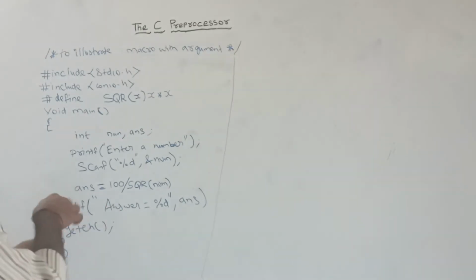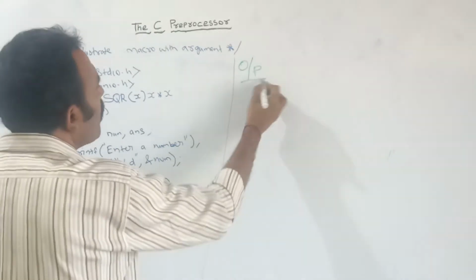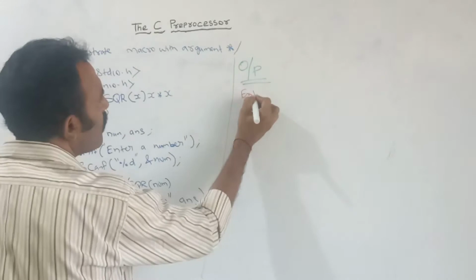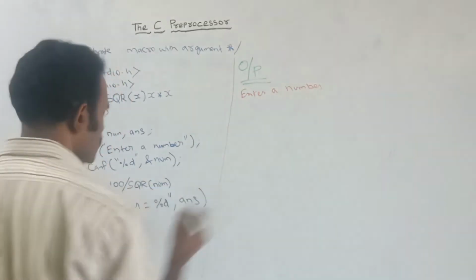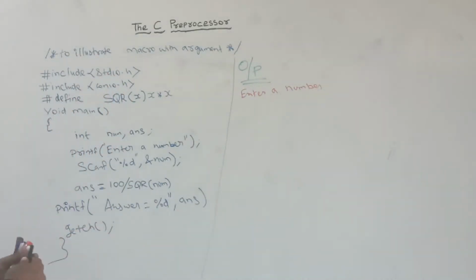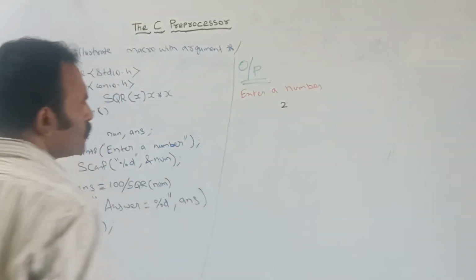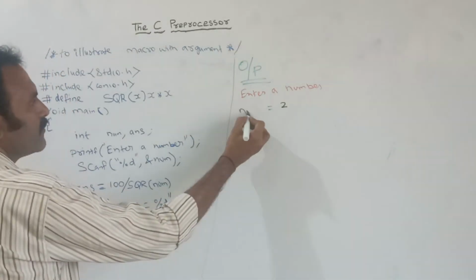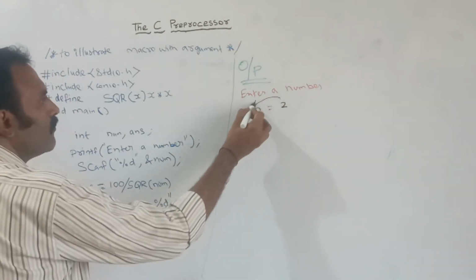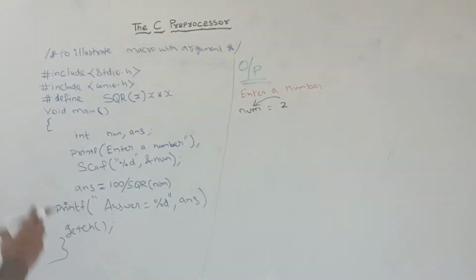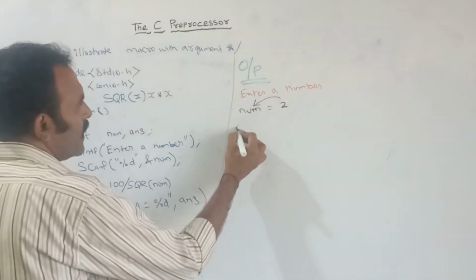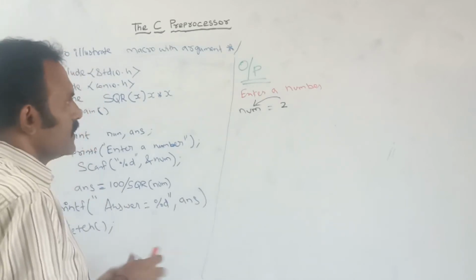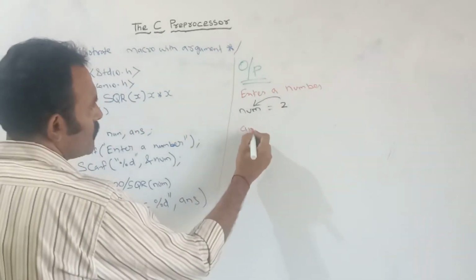Very first, in the output, it will ask to enter the number. Suppose you are giving the value as 2, then this 2 will be stored in the variable num. Next, in this step it will work like this. Here I am telling it to find the answer, that is, answer is equal to,